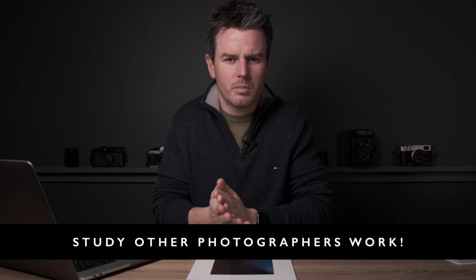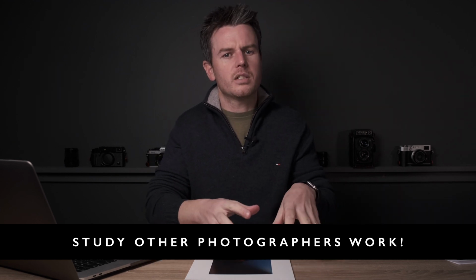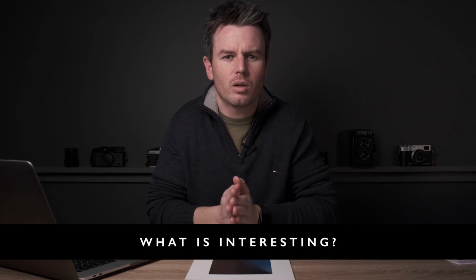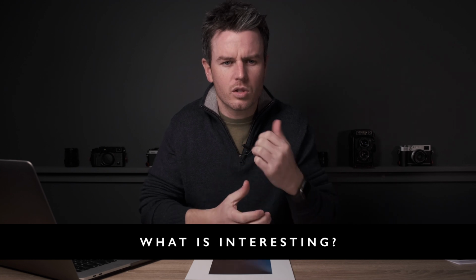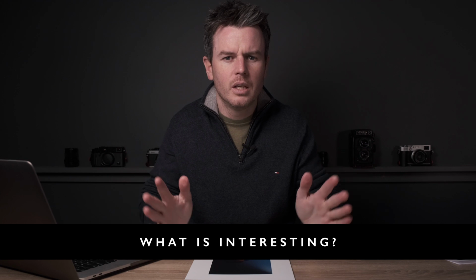Sometimes a lot of people are drawn into the technical aspect of street photography more so than what's actually going on. What if you eliminated that technical ability? There are a lot of talented photographers out there, but what is actually interesting in the scene? I think the ability to look and see what is interesting, what is the photographer's intention. So strip all the technical nonsense out of the equation and just look at the image at its bare bones